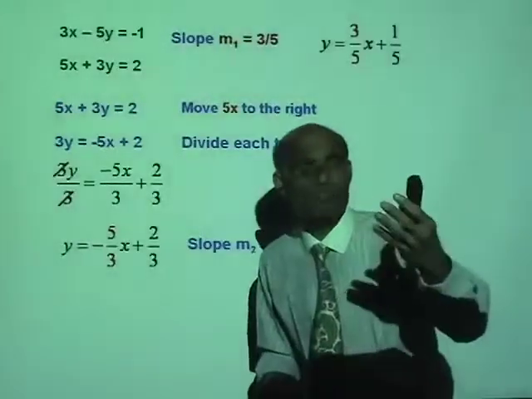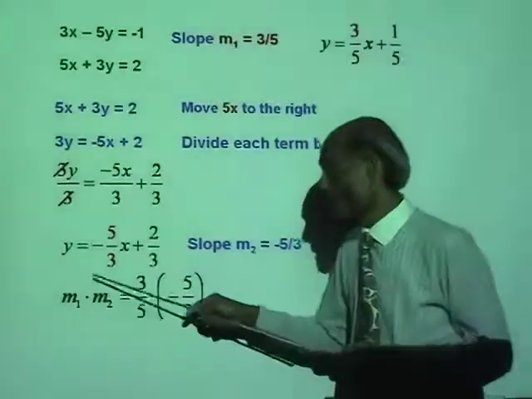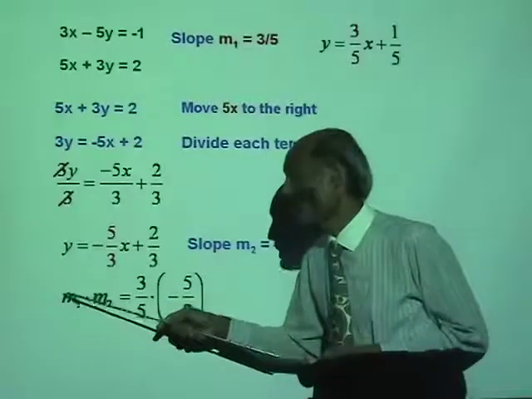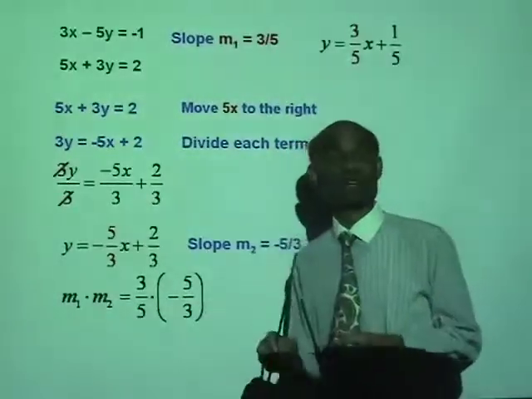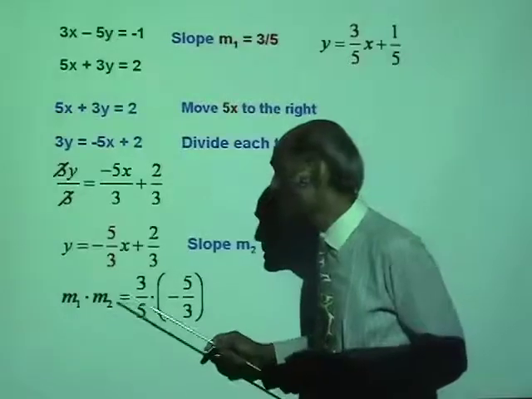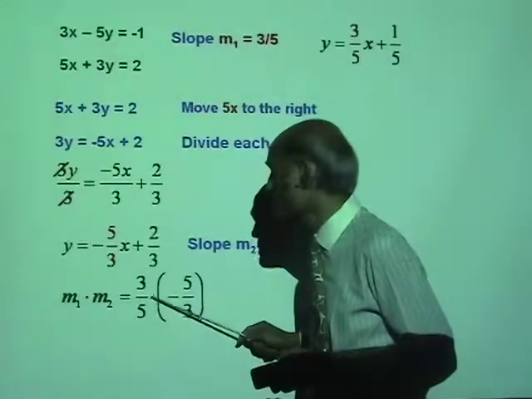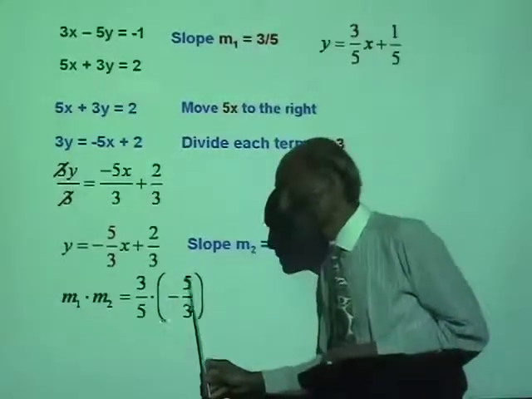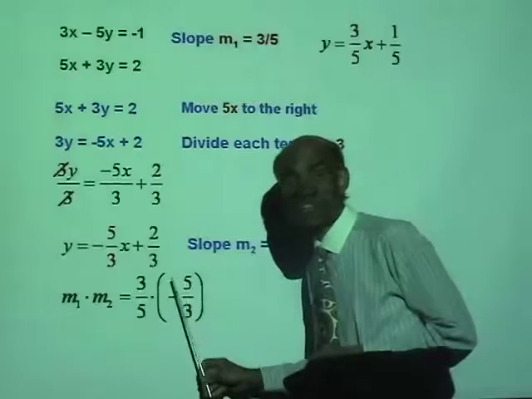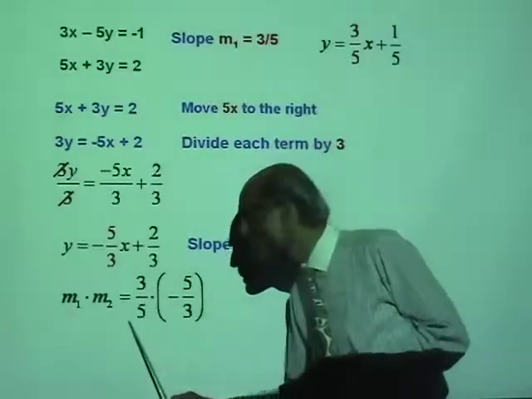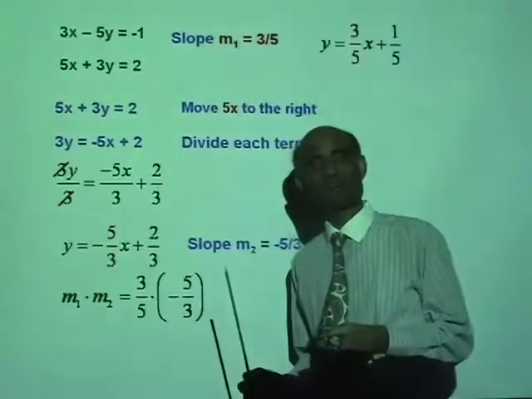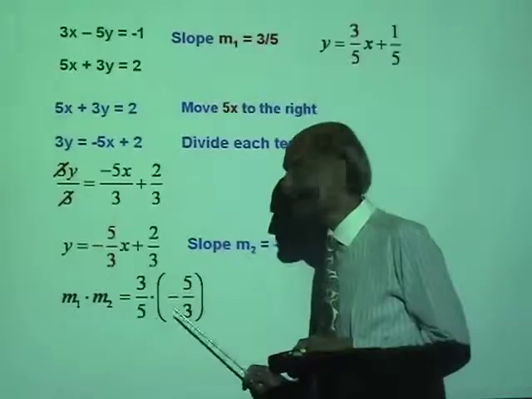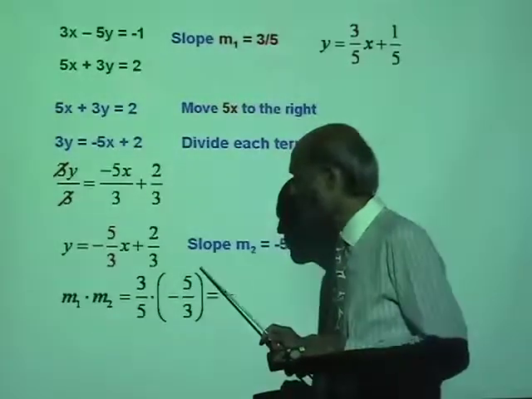What was the slope of our first line? Well, the slope of the first line was 3 over 5. So what is m1 times m2 equal to? m1 times m2 is 3 over 5 times negative 5 over 3. If you notice that this number is the negative reciprocal of 3 over 5. So what is 3 over 5 times negative 5 over 3? The 5 and the 5